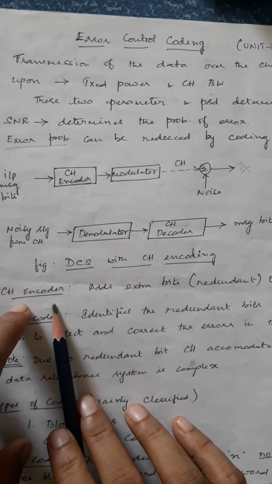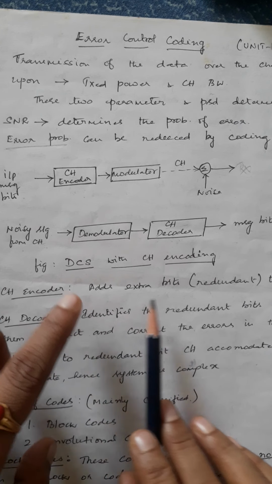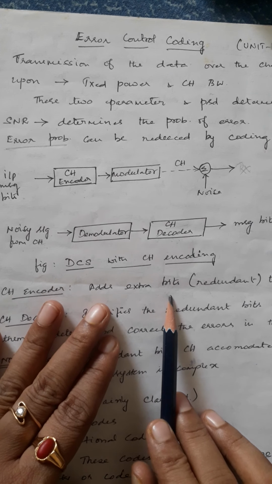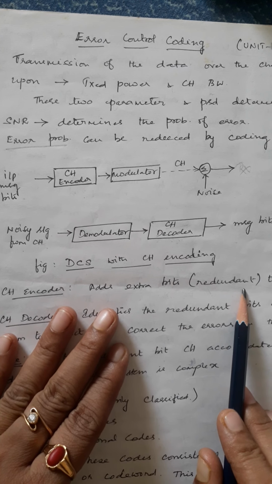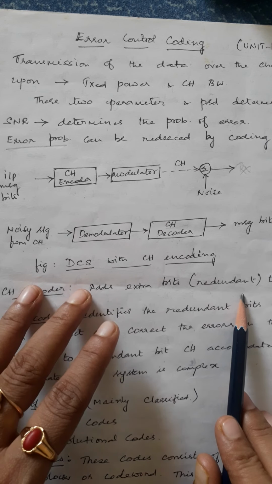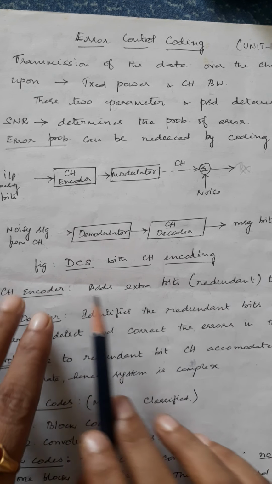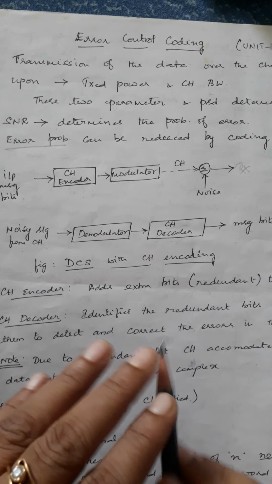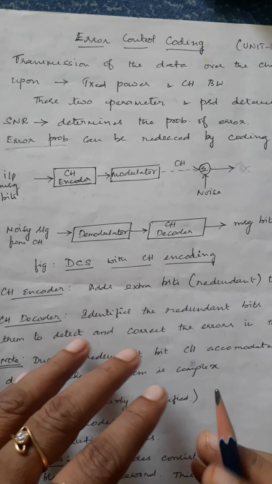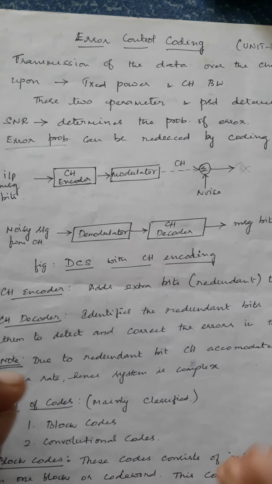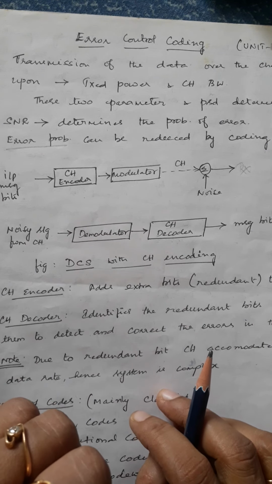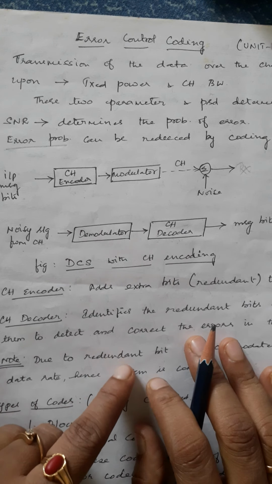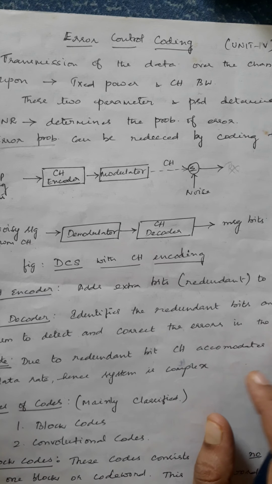So, what the encoder does is you are going to add extra bits to the original message signal. Adding of these extra bits refers to redundant bits. Adding redundant bits to the message signal is called encoding. What decoding is: you have to remove the added redundant bits, and for that you have to identify where these redundant bits are sitting along with the message signal. So, you have to detect it, and if there is any error you have to correct that error and retrieve the original message signal.